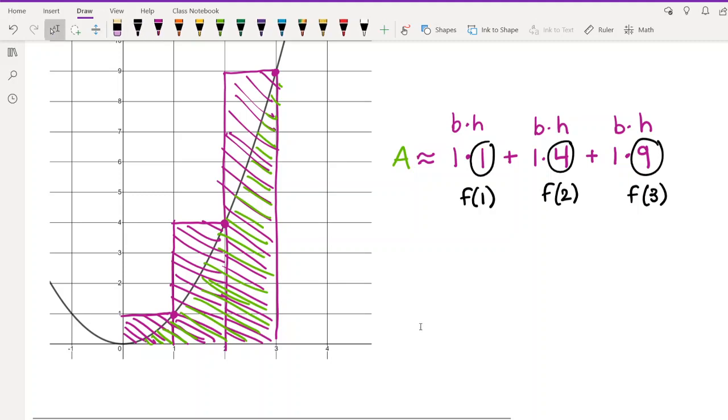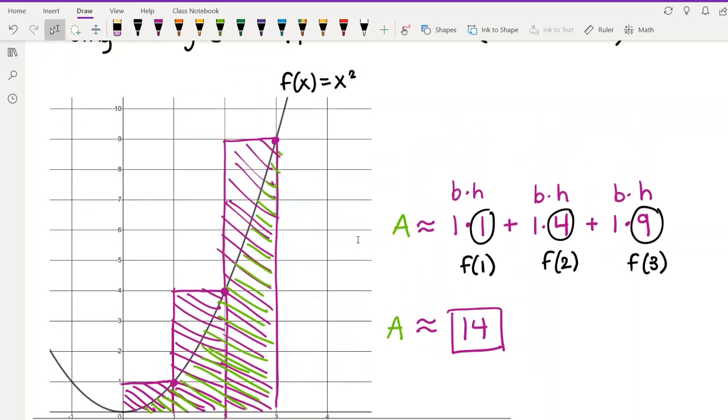Okay, so what does this give us? If we add this all up, we have 1 plus 4 plus 9, so that is 14. That is our approximation of what the actual area is. And as you can see from this picture, it's an overestimate, right? The purple rectangles are bigger than the actual region. In a minute, we'll get into how to make this approximation better, but before we do that,